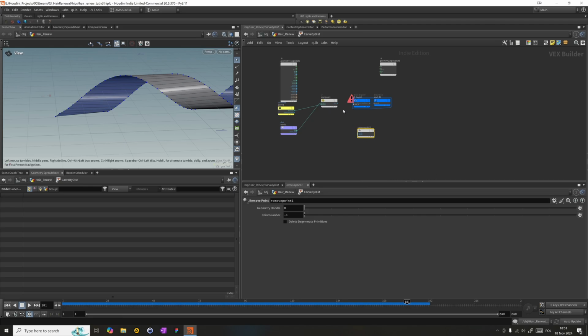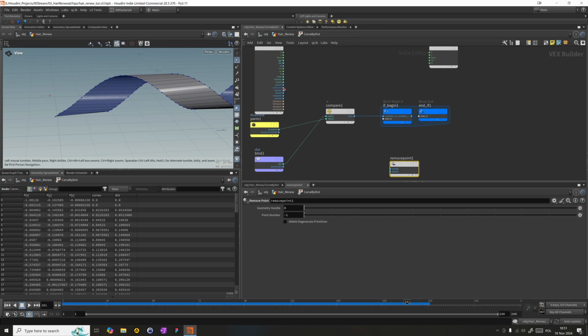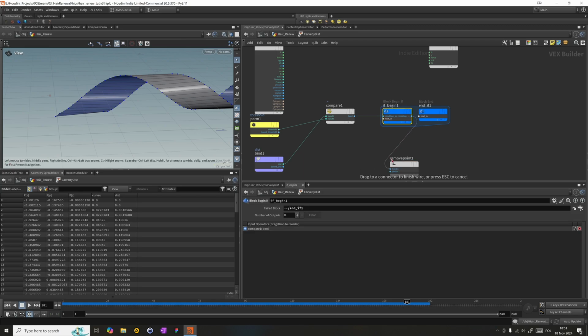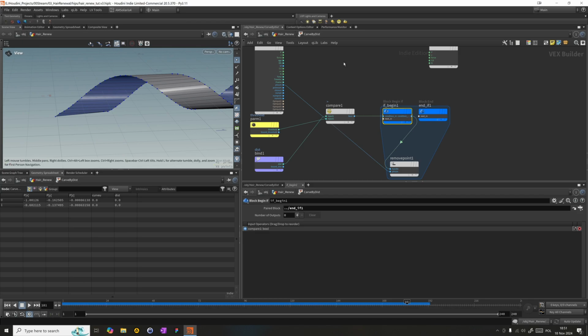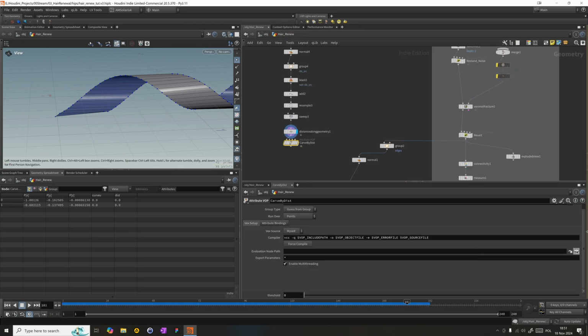And that's basically all we need to do. But I need to put this into the condition, put the condition into remove point, and the ptnum for the points. And now if I start moving this threshold around,